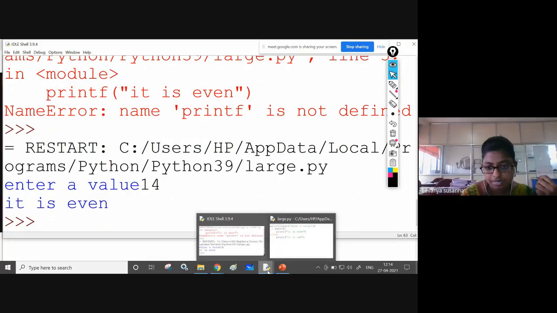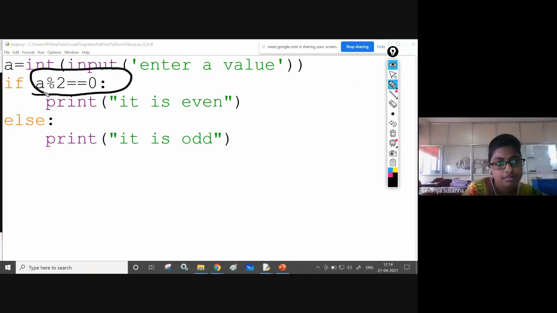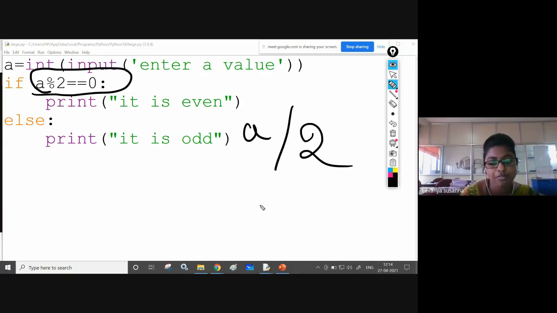I will explain it. Just wait. Now see here, this condition: when you divide any number by 2, if you get remainder 0, it is an even number. The modulo symbol finds the remainder.